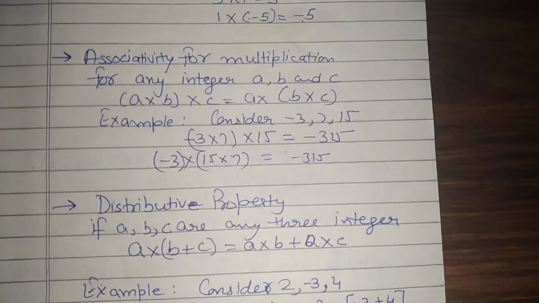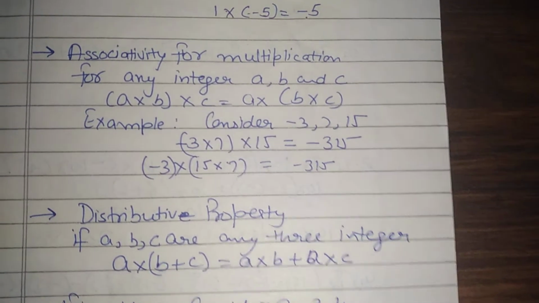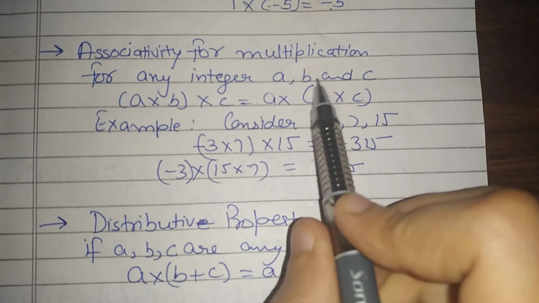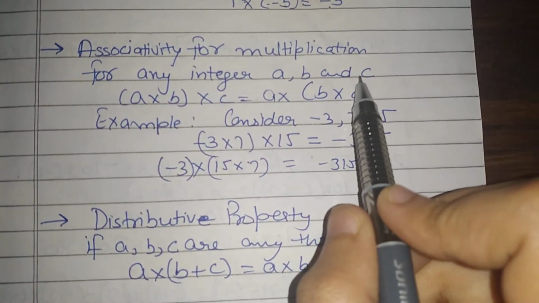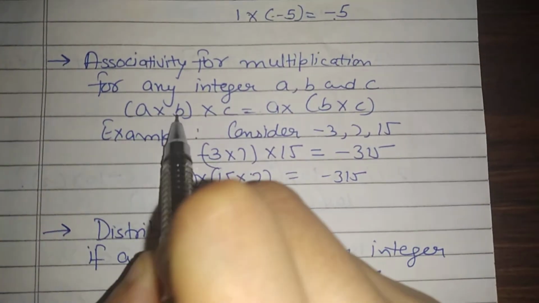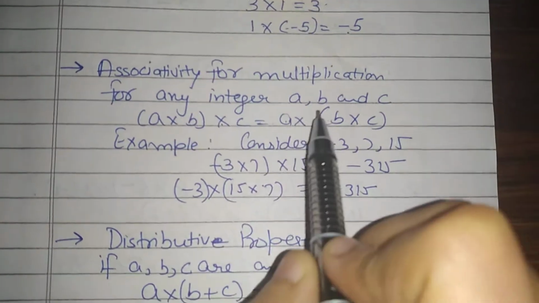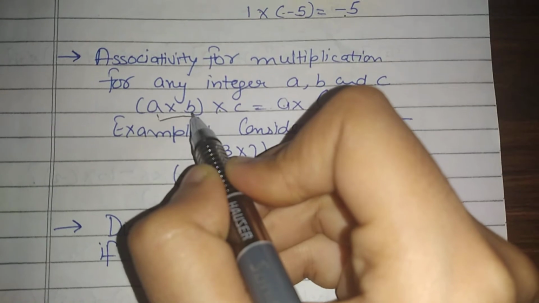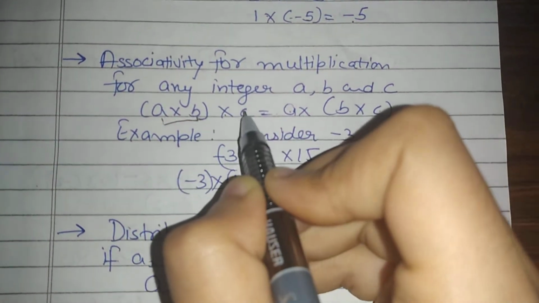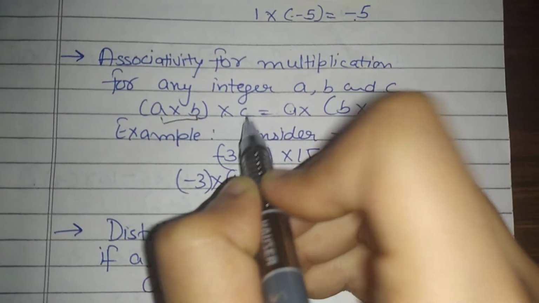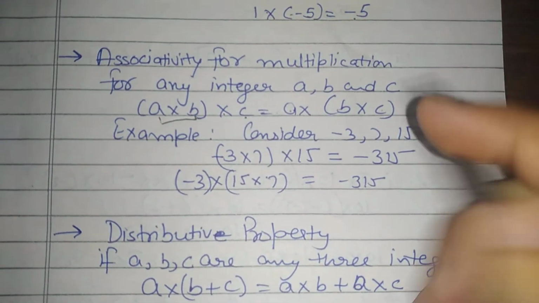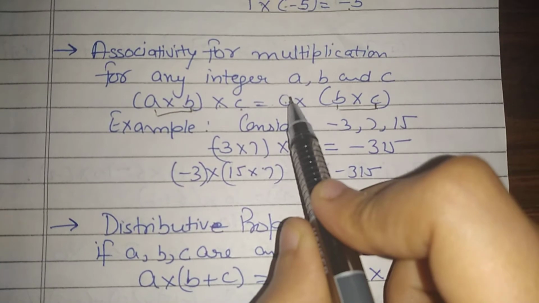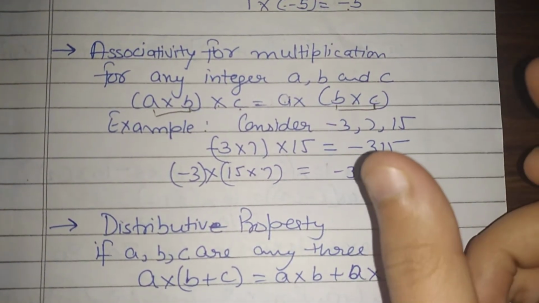Next property is associativity of multiplication. Here, suppose a, b and c are integers. A cross b into c equals a into b cross c. So firstly I am multiplying a and b and then multiplying it with c. It's vice versa: if I multiply b and c and then multiply the product of b, c with a,